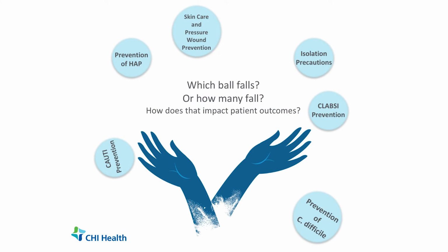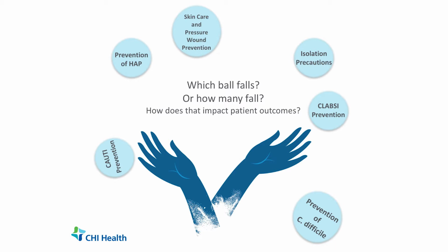So how many patients are we taking care of? In critical care, they're taking care of 1 or 2, maybe 3 patients if they're not on vents and 14 drips. In step-down units, they're taking probably 3 or 4 patients, and on the general care floor, they could take up to 6 or 7 patients. You're looking at all of those things every single day on every one of those patients. So what's going to happen when you take your eye off the ball of one of those things for 1 minute? Well, probably something's going to fall. And then what's going to fall and how many things are going to fall.